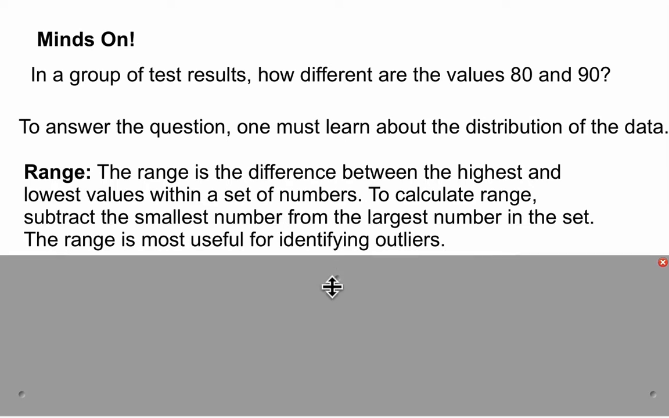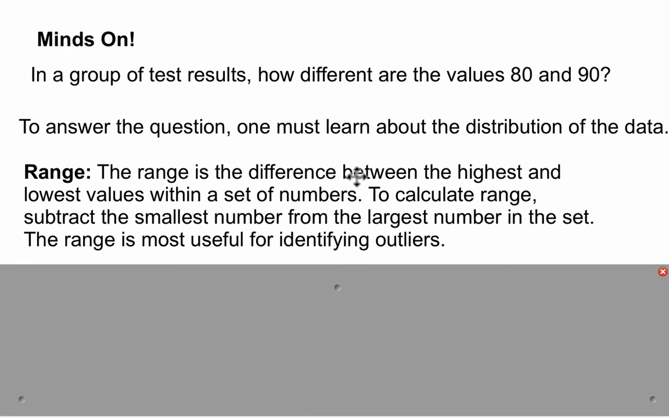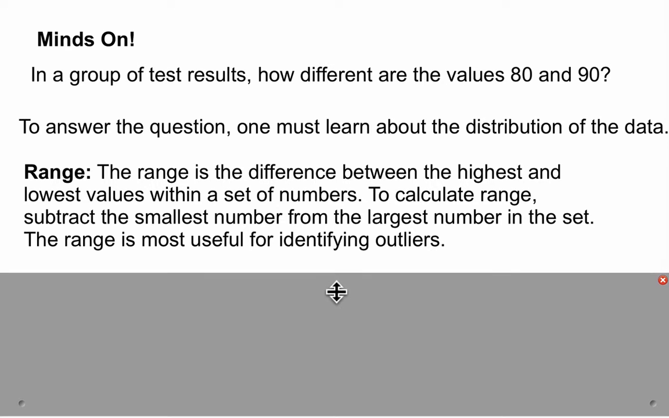Now, we're going to redefine the term range. The range is the difference between the highest and lowest values within a set of numbers. And to calculate the range, we subtract the smallest number, or the minimum number, from the largest number in a set. And remember, we used the min and the max function in Excel in order to determine the range. And when we do that, we get an idea of whether or not there are any outliers located in the